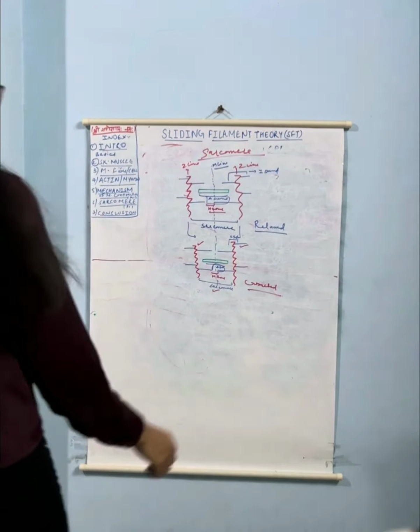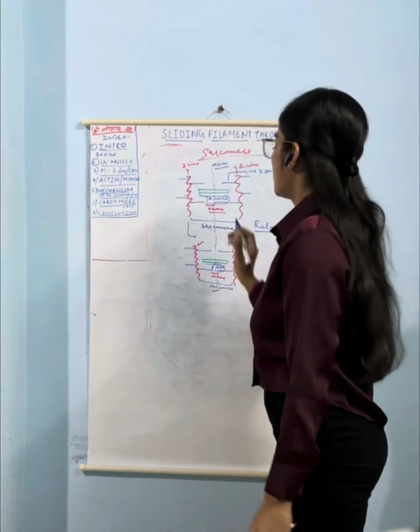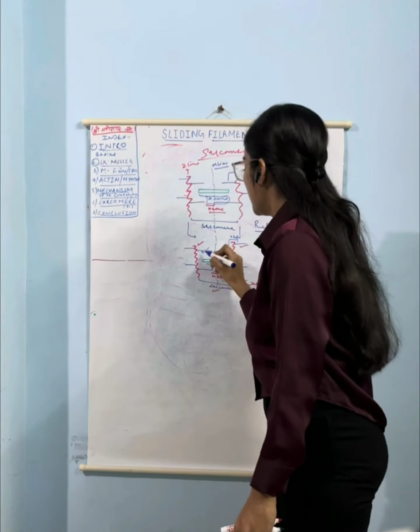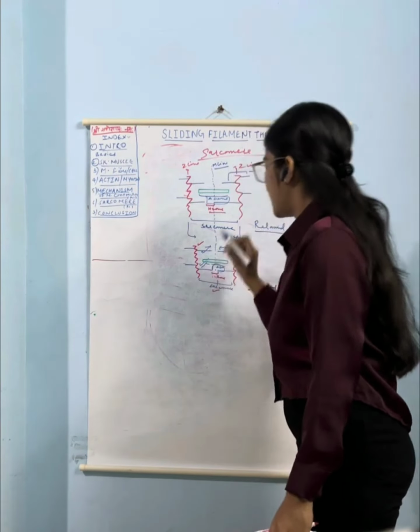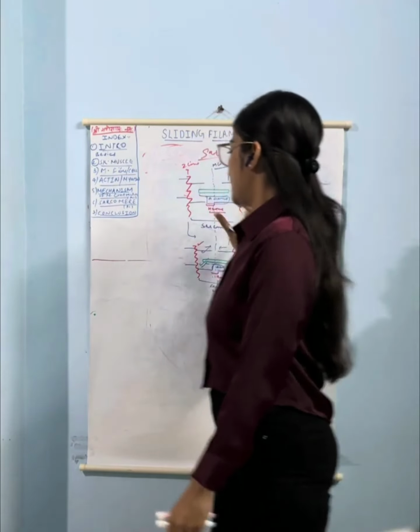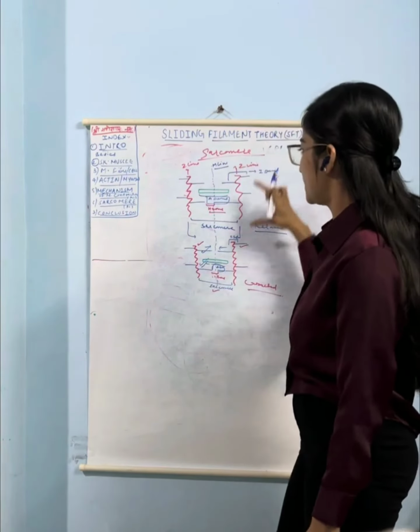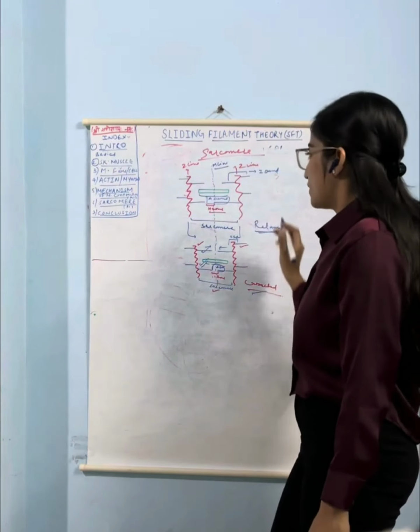So we are done with the topic sliding filament theory, which explains muscle contraction. I'll give you a quick recap of the lecture and conclude. I started from the introduction, where we discussed what the sliding filament theory is. It explains the mechanism of muscle contraction, and it states that contraction of muscle fiber takes place when the thin filament slides over the thick filament. Now you can understand this statement very well, and you can also differentiate between the relaxed state and the contracted state.